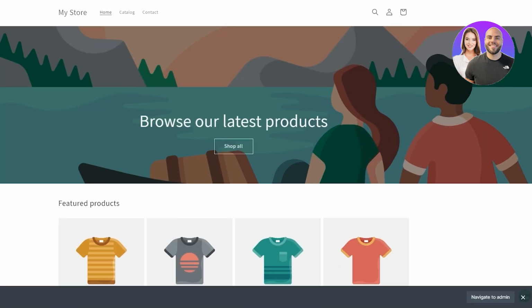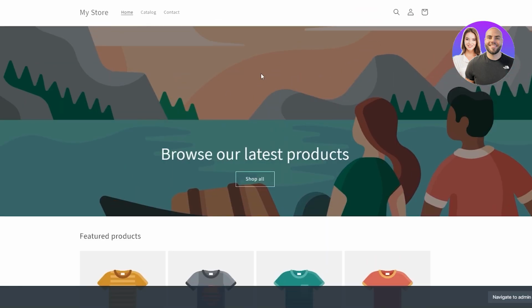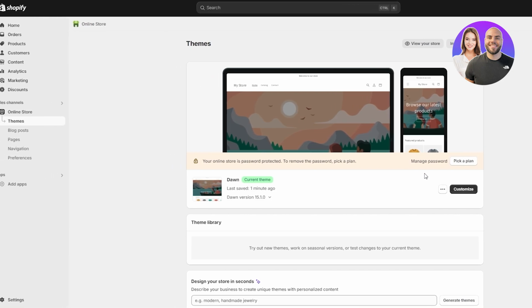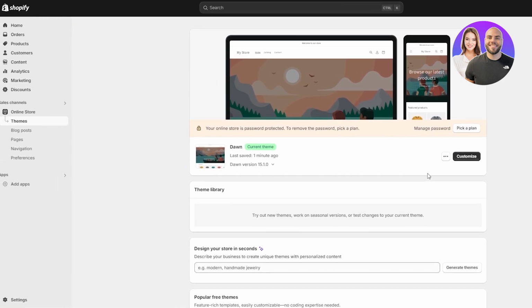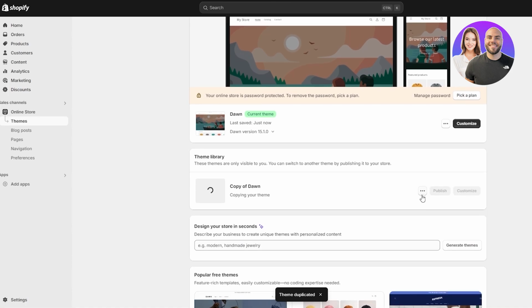So let me go ahead and click on the store and reload it. So I believe the animation is currently turned off. Now what we can do is start adding the code. To add the code, come over here onto the theme section, click on these three buttons, and make sure you duplicate the first one. You duplicate the themes. This will allow you to make changes in your duplicate site instead of your original site. That way, if you mess up, your main site won't be affected, only the duplicate version of